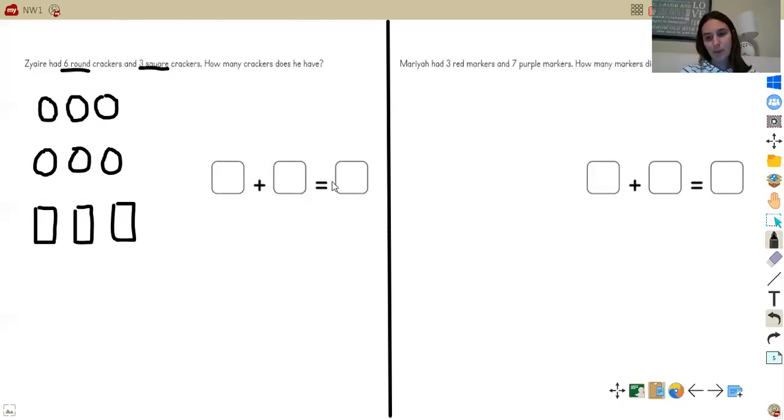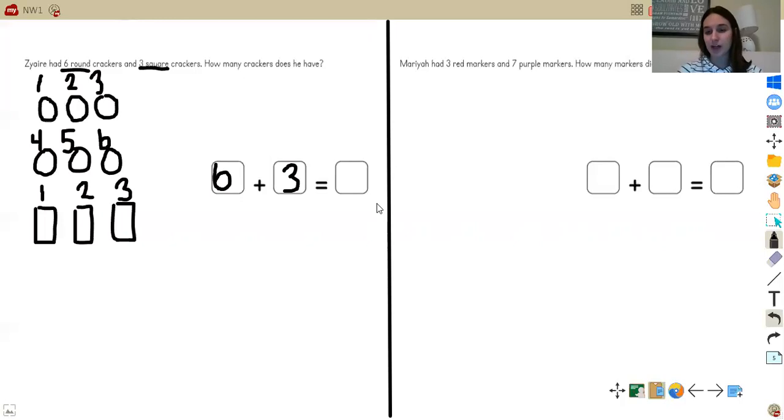I'm going to label my work. So let's start with the round crackers. So 1, 2, 3, 4, 5, 6. Write 6 in my first box, and then I'm going to start over here. 1, 2, 3. So 6 plus 3 equals, now to get my total, I'm going to count all of the crackers that